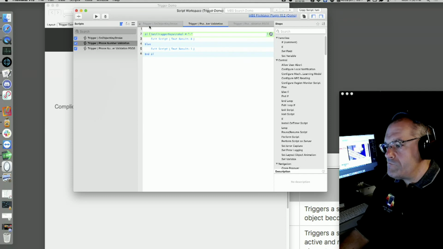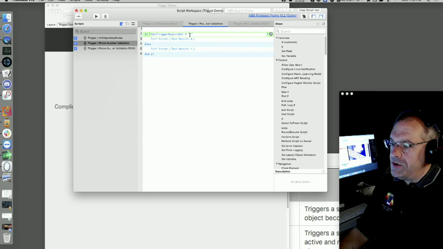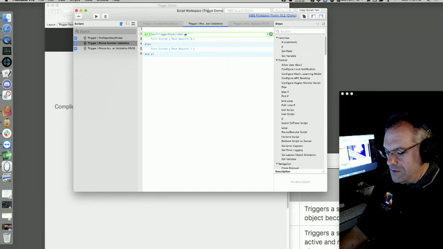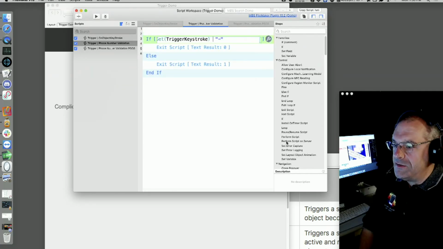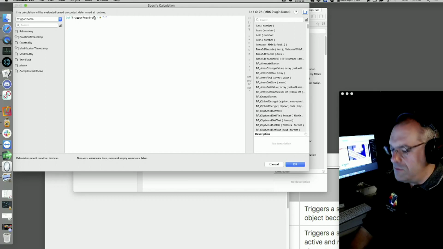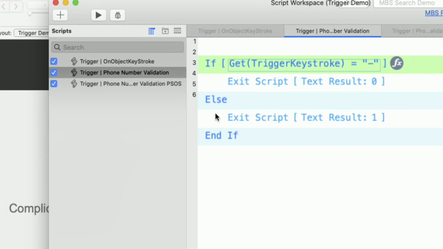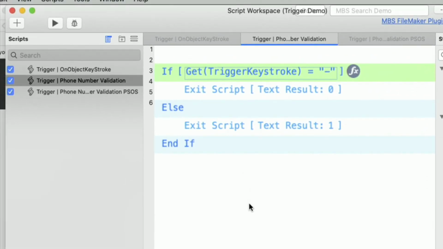You could write the script so that for phone number validation, you could say not equal. Oh, I just screwed that up. If I say it's not there, where's the not equal? I have to go find the not equal. Now I'm having a moment here. Let me zoom in. That's my problem. So if it's not equal, it's the option and equal sign. There we go. I don't know if you folks can see that. If it's not equal to, yeah,